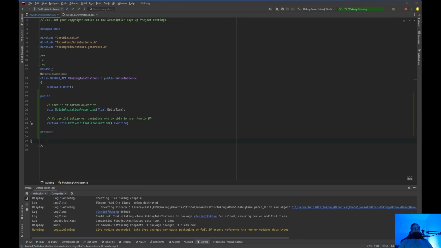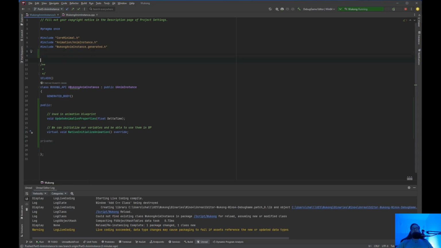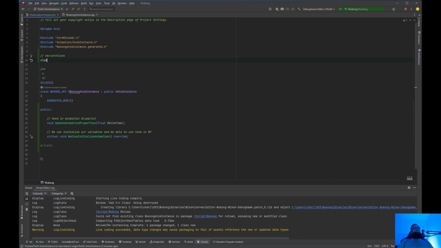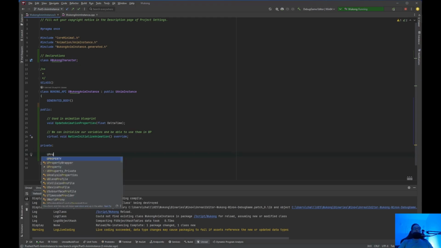Now we also have to declare a class, so we go to declarations: class AWukongCharacter. Then come down here, create a private section, and make a Wukong character pointer, called Wukong character. We are going to be doing a U property,